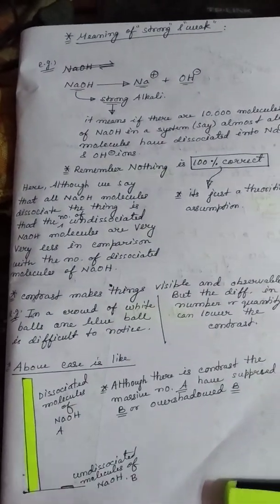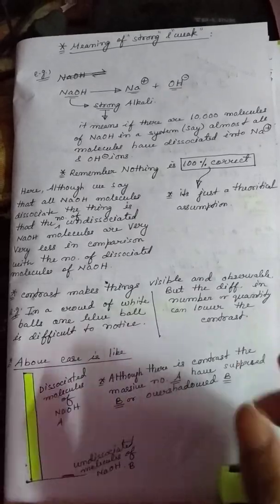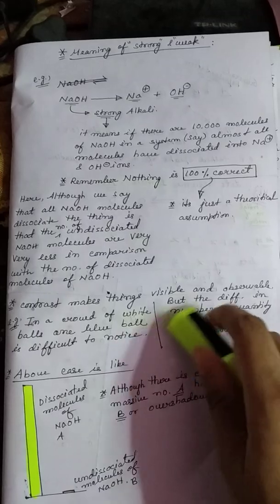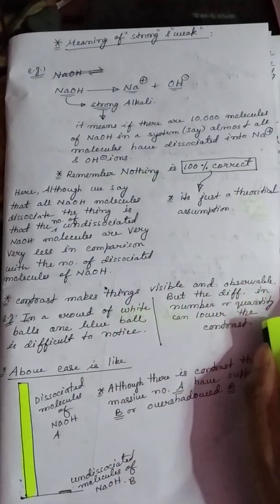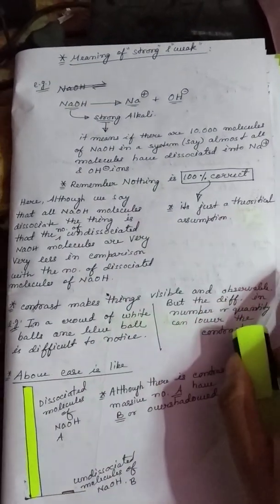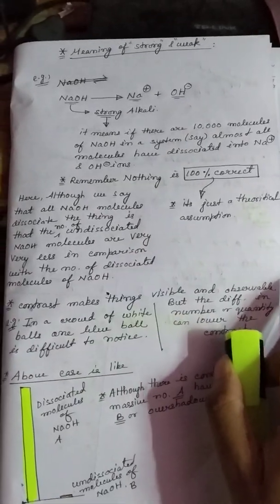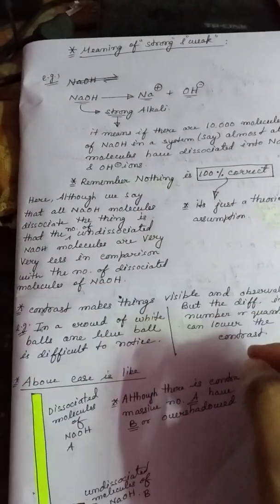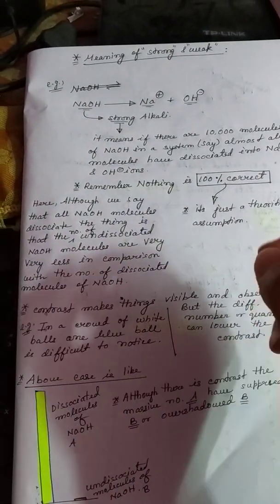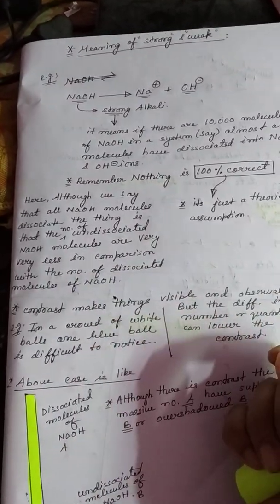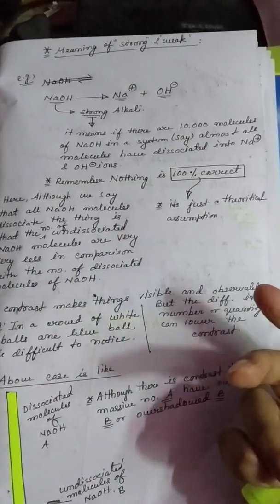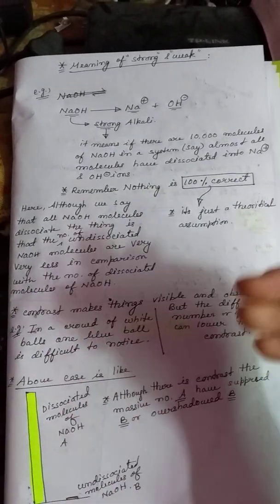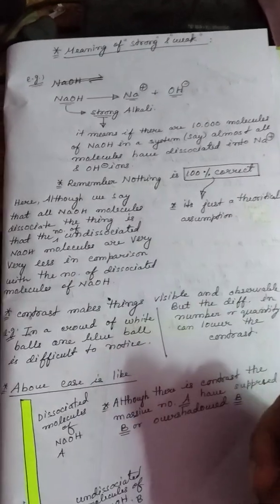When we write theory, we say that NaOH dissociates completely. That means all NaOH molecules dissociate. We say that for the sake of simplicity and understanding. But reality says that there are very few NaOH molecules left undissociated, say 2 out of 10,000, which do not break into Na+ and OH-, or do not split up into Na+ and OH-.